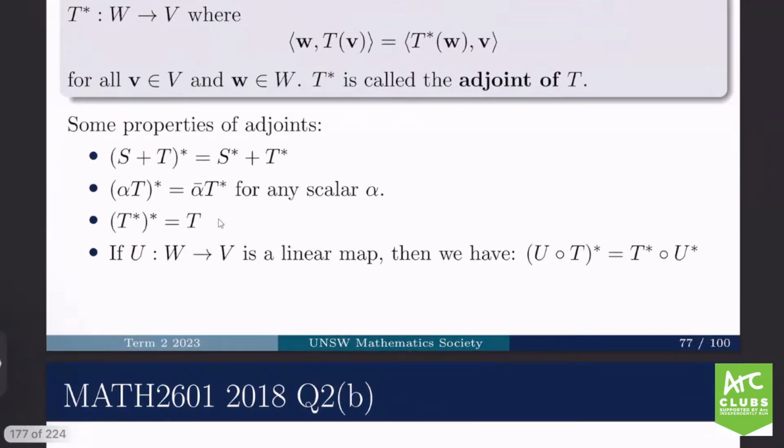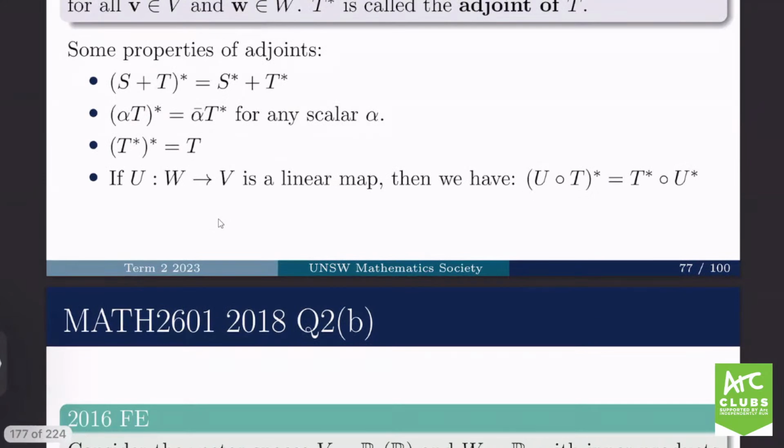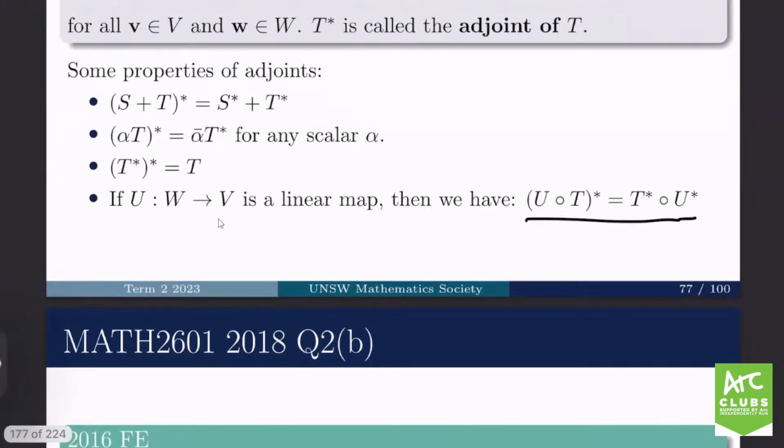If we take the sum of two linear maps, that will be the sum of the adjoints. We can pull the scalar out of the adjoint by conjugating it. If we adjoint twice, then we get the original matrix or the original linear map. And if we have a composition, then we reverse the order of the adjoints. So you can see that this is sort of an extension of the properties we already knew